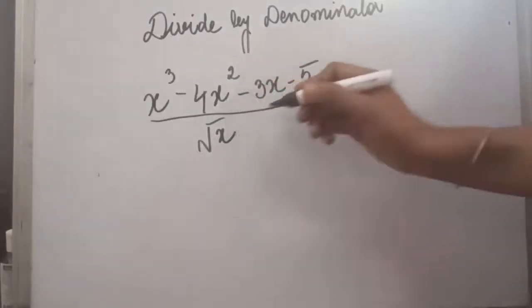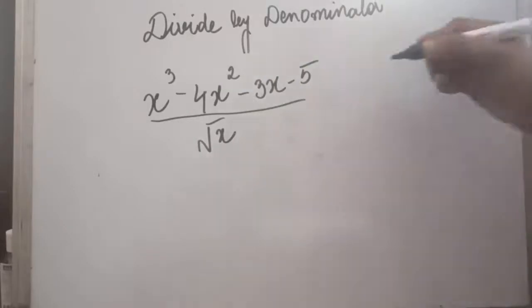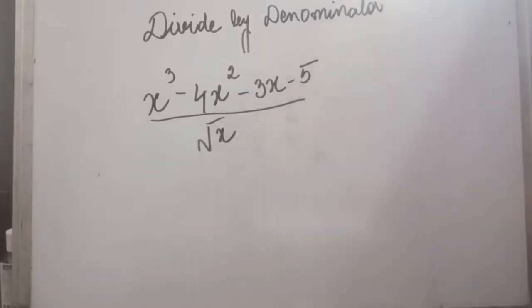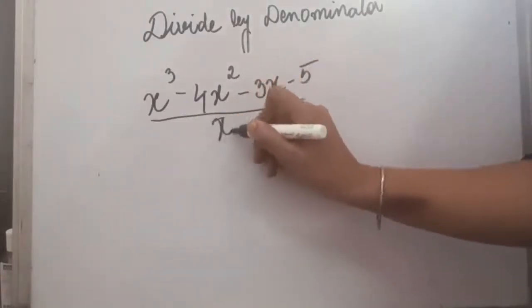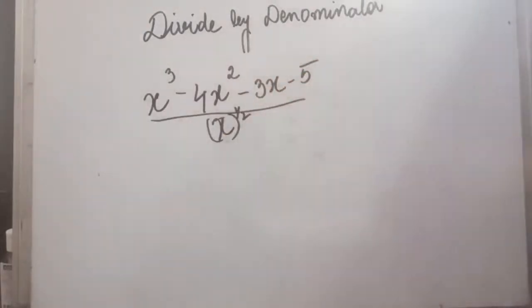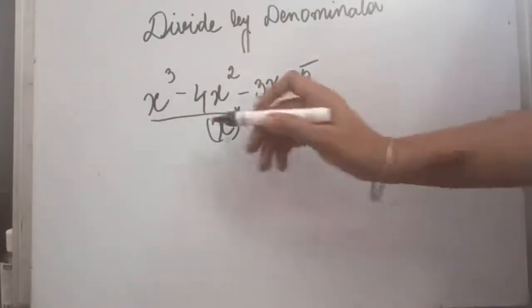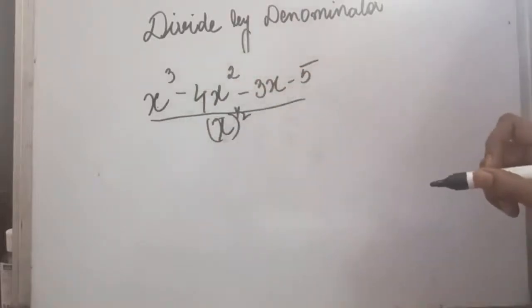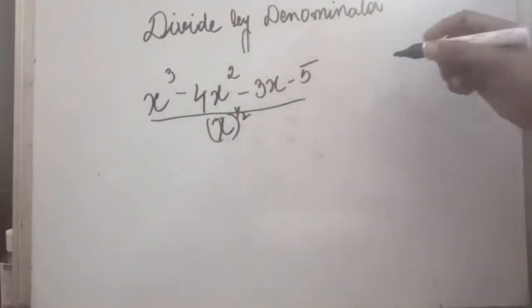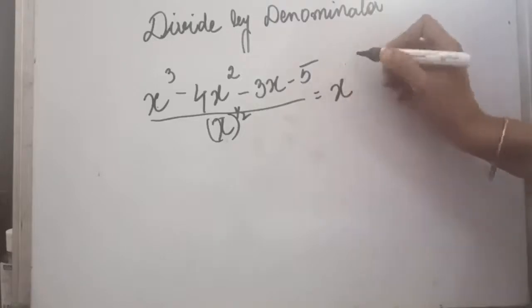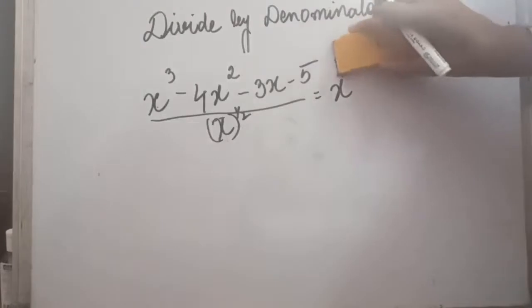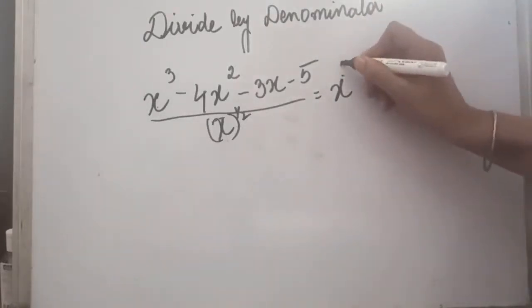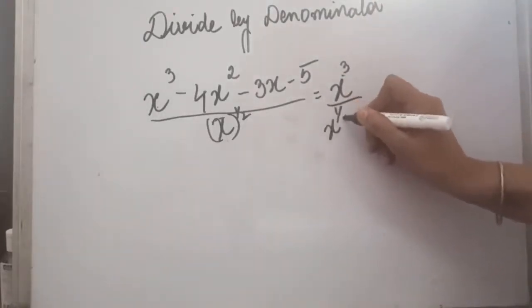Now here also we have x root in the denominator. So before proceeding further, what we can do is, instead of writing here x under root as we have done in the previous questions also, we can write it x power half. So one by one we will divide the numerator by the denominator x power half. So x power 3 minus x power half, when bases are same, so powers will be deducted. So 3 minus half, so it will be 5 by 2, or I will simply write like that first so that it is easier.